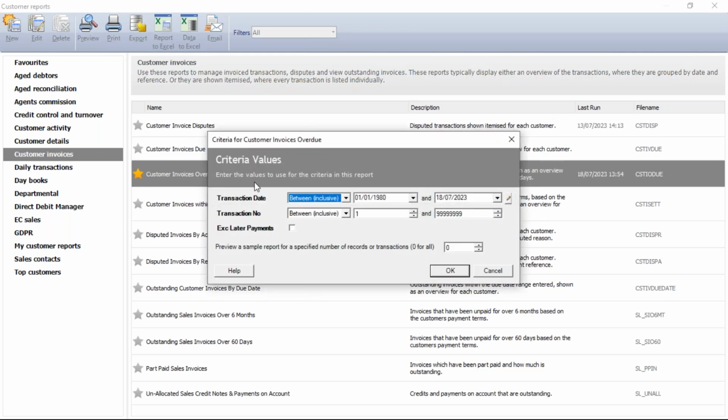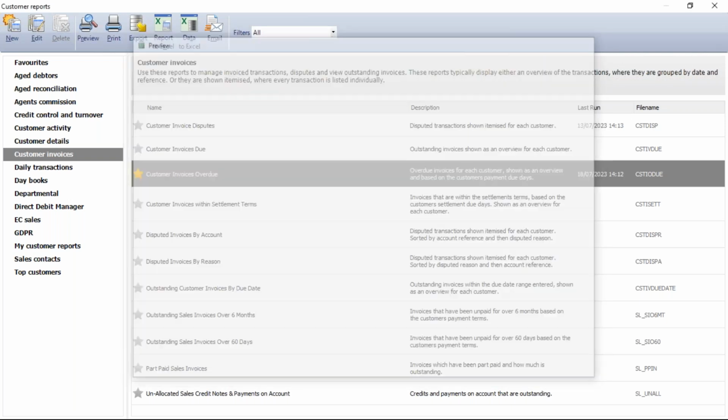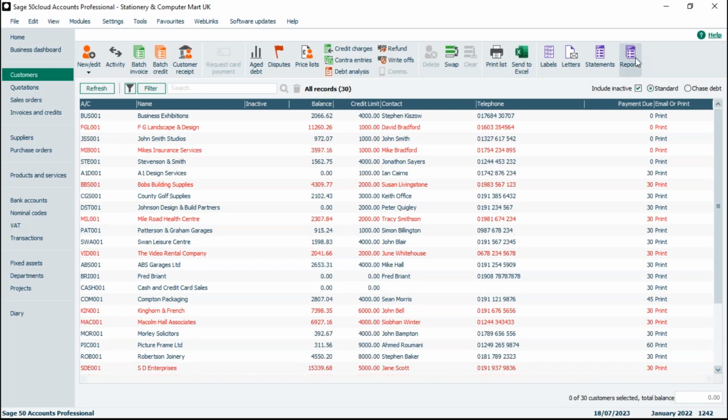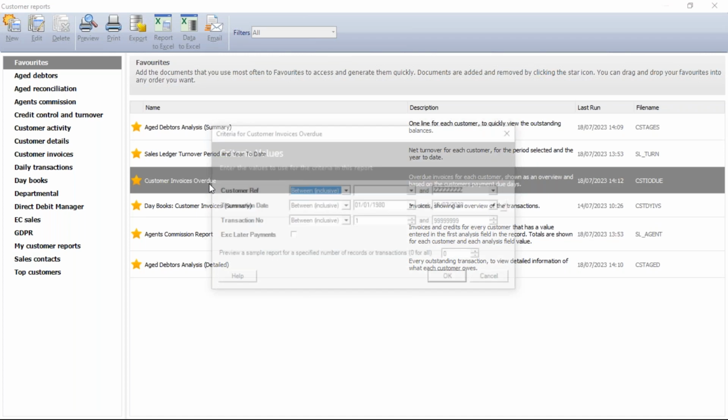Now again, here we can highlight customers in the list, or we can just select all customers and also pop in our date range. And again, if we were running it to a date in the past, we might want to exclude later payments, which I'll do now. Bear with me. Just again, make sure I've not got anything highlighted. So here demonstrating how important it is to make sure you don't have anything highlighted, or that will again impact the results of your report. So I'm just going to run that again across all my customers,